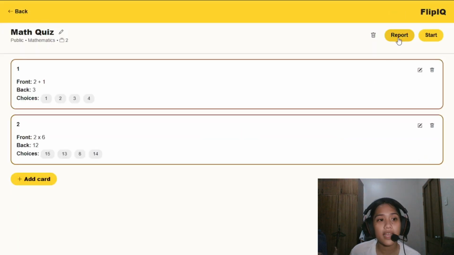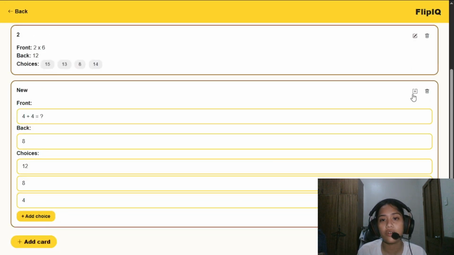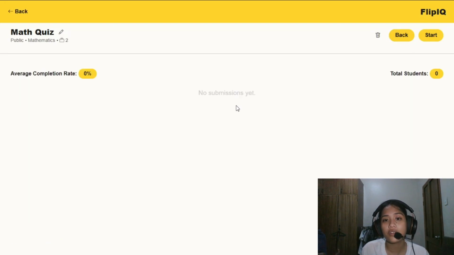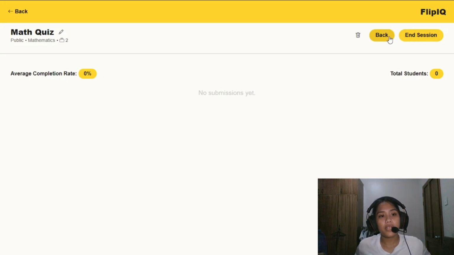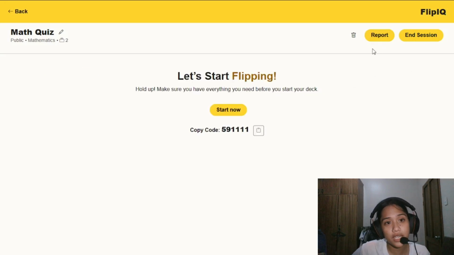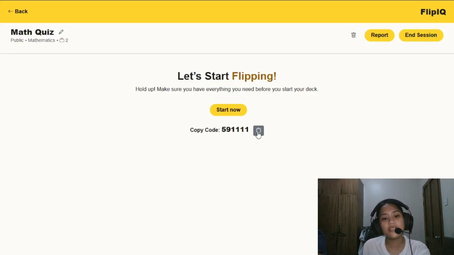Once you've created a deck, you can then look at the deck's summary or control panel, or I don't know what the term is. When you click on the deck that you made, instead of editing or deleting, you can view how many questions or cards you have, if it's public or private, what subject it is, and the title. You can then start the